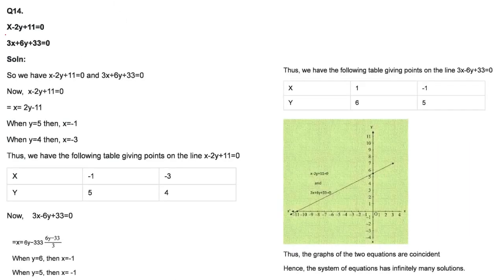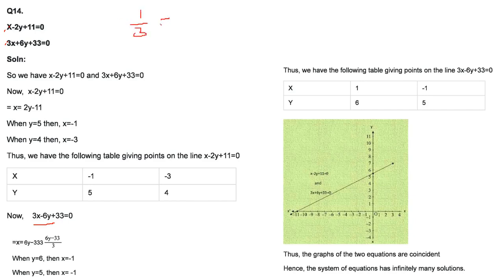So same is the case here, 1 by 3 equal to minus 2 by 6. Oh, minus, this is equal to x minus 2y plus 11. See, here when we say coincident line, that means the ratio has to be equal. The ratio needs to be equal. So see, I just saw and I found a problem. The problem is that if I say 1 by 3, I'm just giving you an idea because it may come, these are scenarios which will come to you.